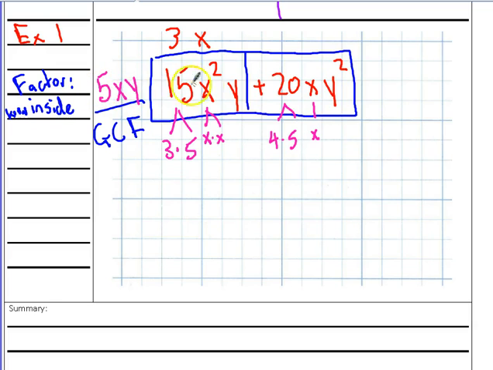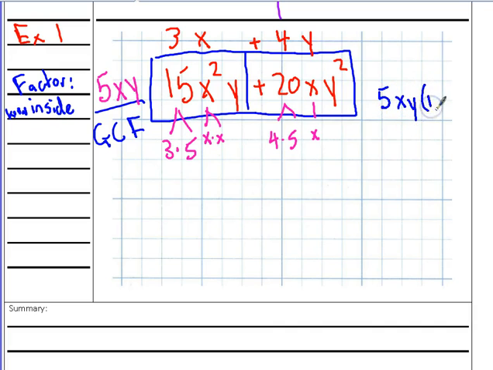What would be here? 5 times 4 makes 20. X, I've already got from the side. Y times y makes y squared. Y times y is y squared. And let's put a plus in between those two. So that means that my final factored or split up version, you do have to put the final answer, 5xy